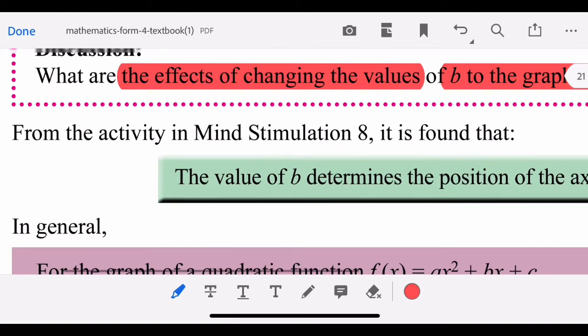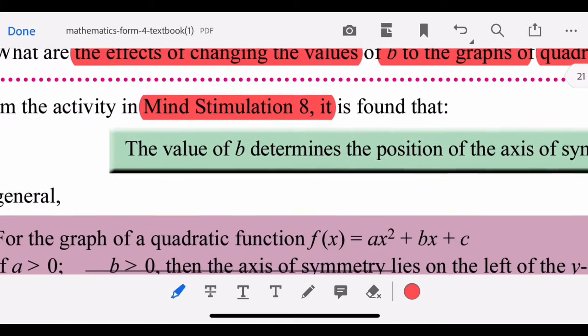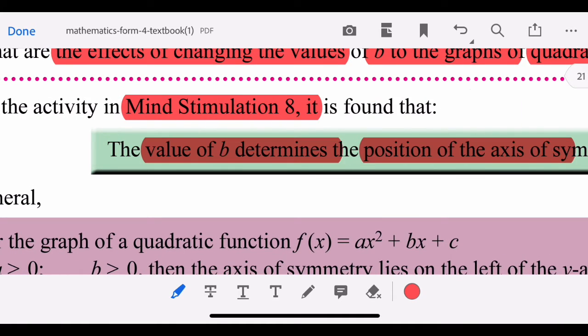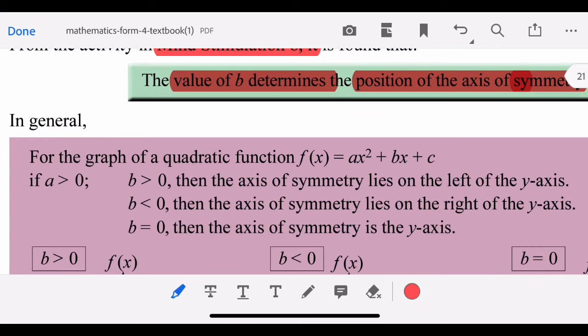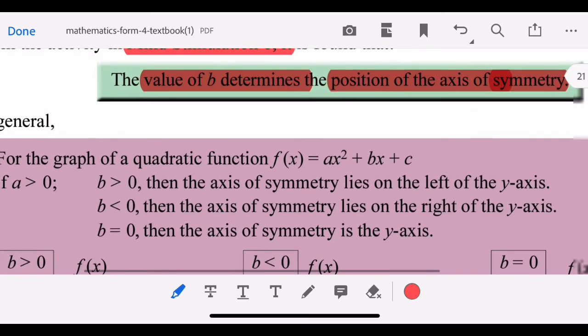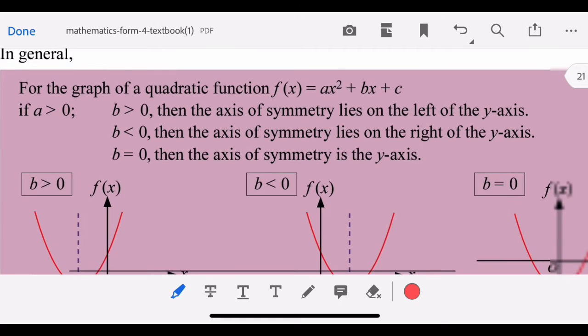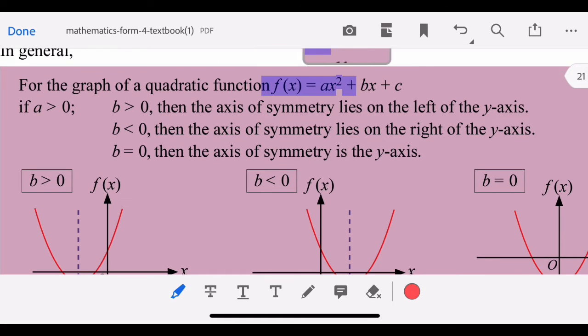From the activity of my simulation, it is found that the value of b determines the position of the axis of symmetry. The position of the axis of symmetry will change if the value of b changes. In general, for the graph of a quadratic function f(x) equal to ax squared plus bx plus c,